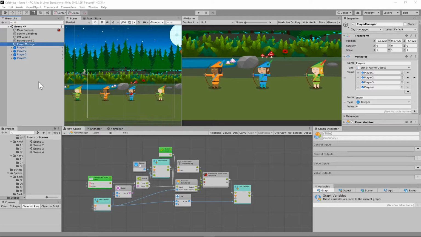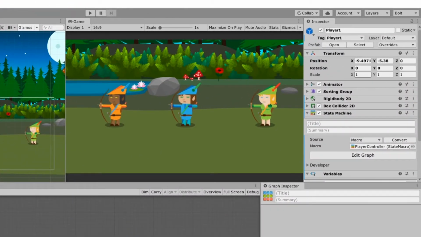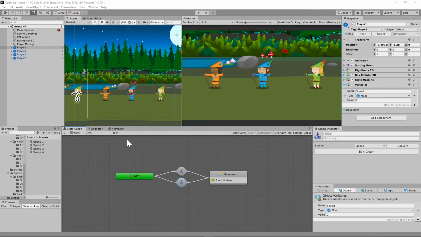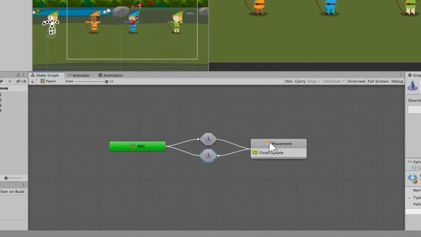Here I have a new scene with 4 new players that are set up exactly the same way as the previous scene, with one major exception. Each one of these players, instead of having a flow machine on them, each of them has a state machine. Inside each player's state machine, I just dragged the movement macro that we had originally on them inside, and then